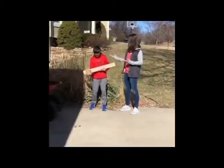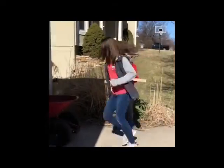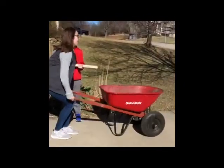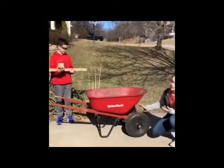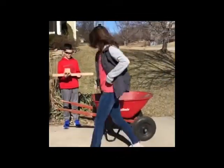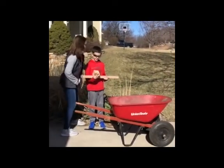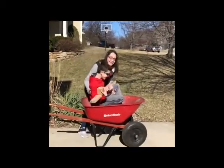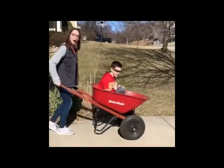I need to move this heavy load of firewood from this point to the other. I know, I'll use a wheelbarrow. A wheelbarrow here is an example of a second-class lever. The wheel is the fulcrum, and the input force is me pushing it. Let's see, heavy load of firewood. Get you in here. Okay. Levers help you move heavy objects from one